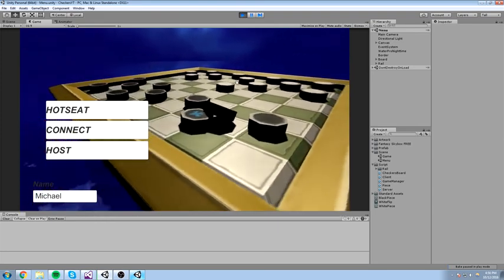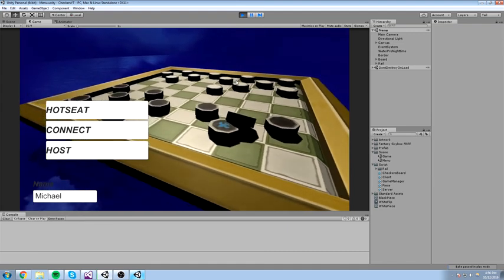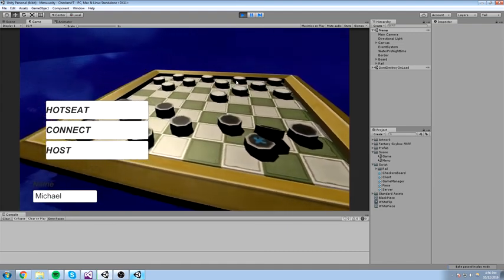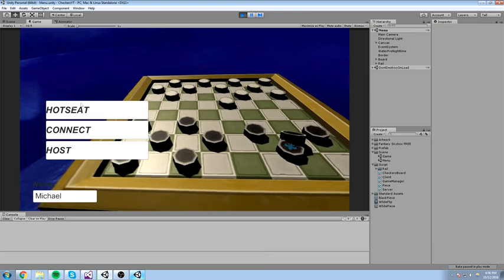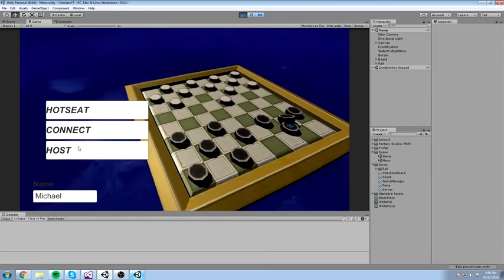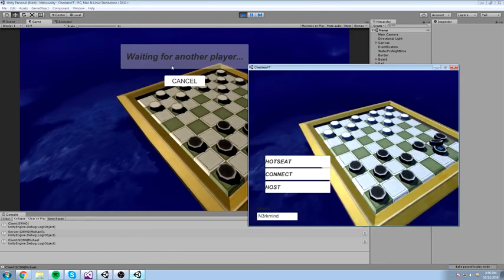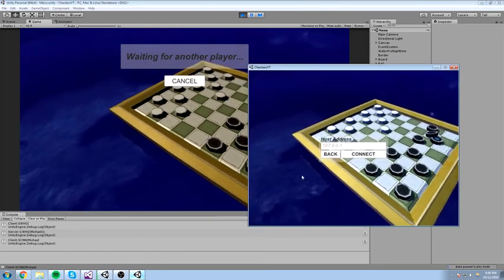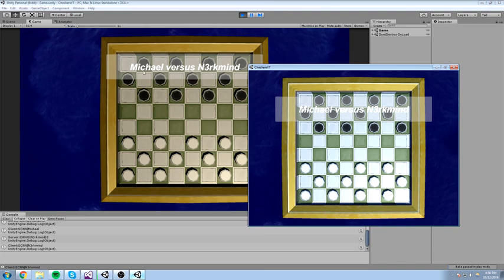We're still in the polishing phase, we're really just polishing the game at the moment. And let me just show you the feature we just added. So of course you see the big hot seat button, but let's have a look at the game right now. So I'm gonna go under host. It's gonna wait for another player. Here's another instance with a different name. Connect, and it says Michael versus Document, which is the name of this client here versus the name of that